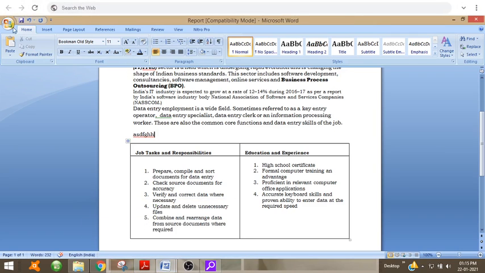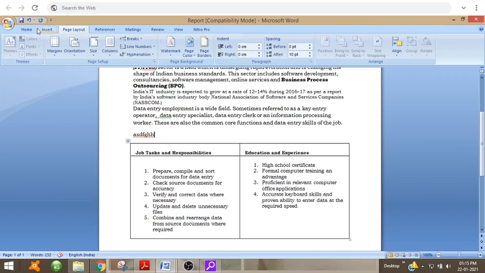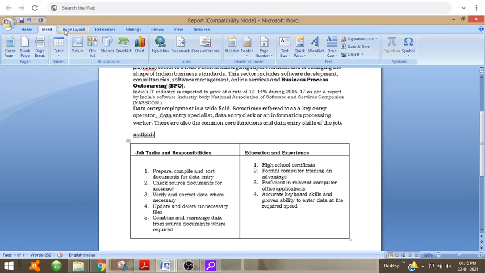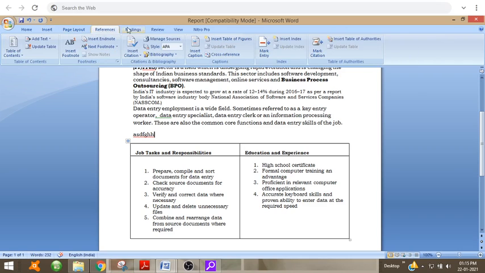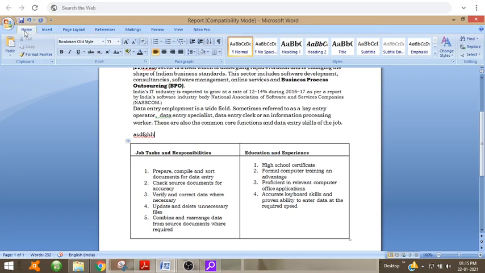So in a Word document you can see insert, page layout; these are menus, and these menus are on the menu bar. So this is a menu bar containing so many menus.